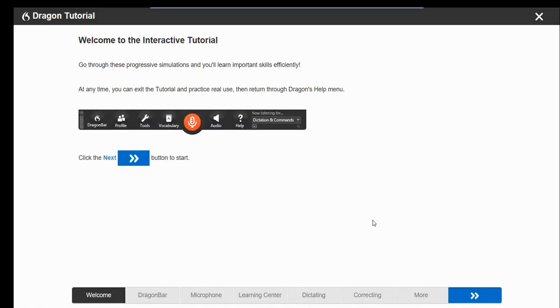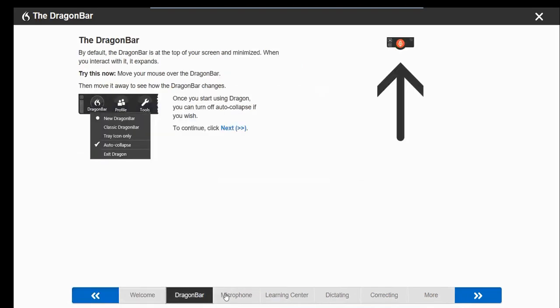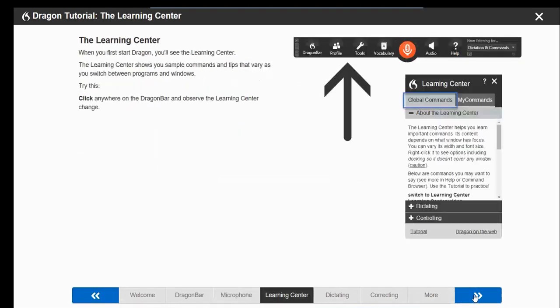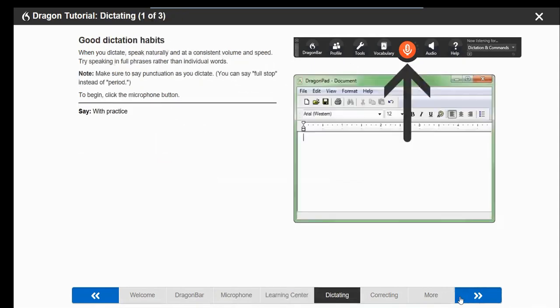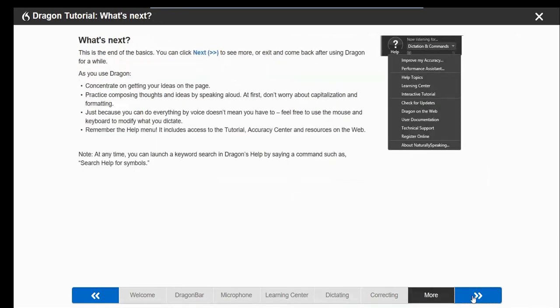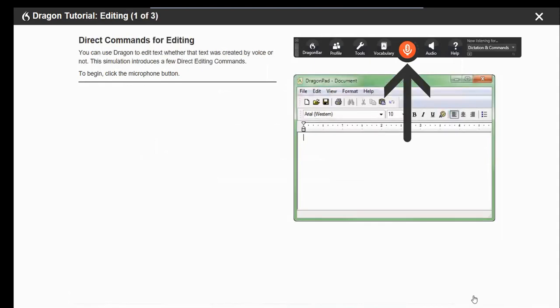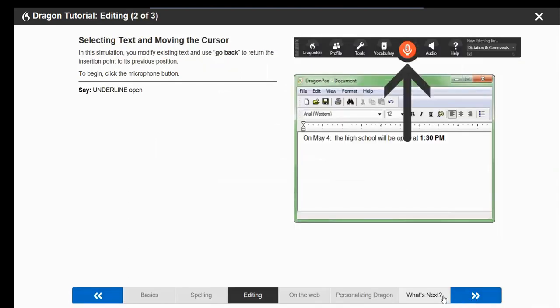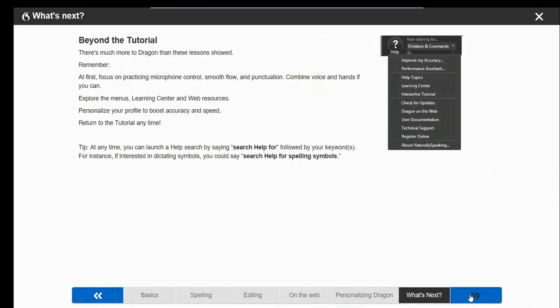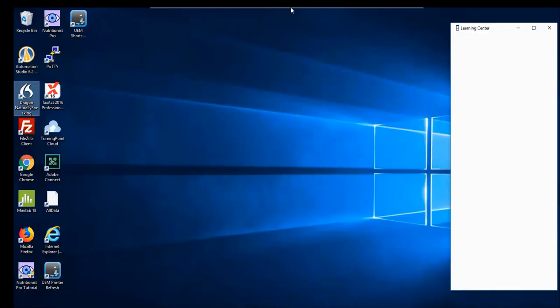Okay, great. So now you're going to go through the tutorial, and that was one of the steps, and again, just click OK when that comes up. That was one of the things you're required to do. So you're going to go through all of these, and this is real quick, by the way. This is a way for you to test out Dragon, and then you're going to go to More. You're going to click all of these, go through everything. Alright, go all the way to the end. Okay, and once you're done, you can go ahead and close this out,